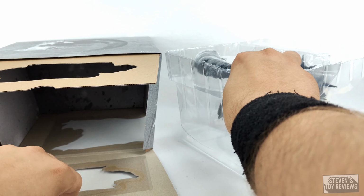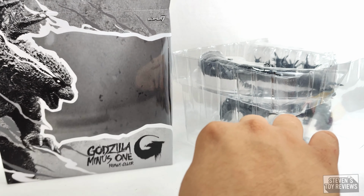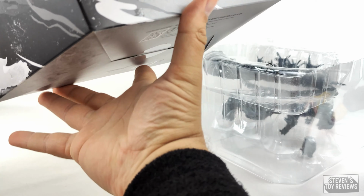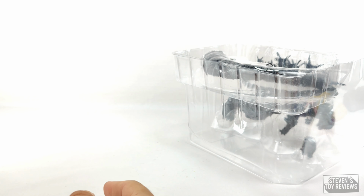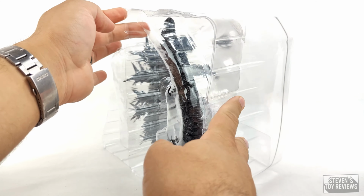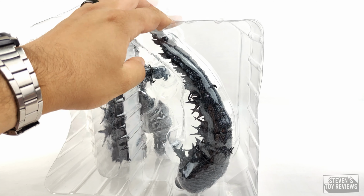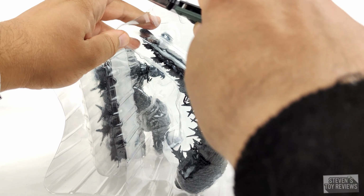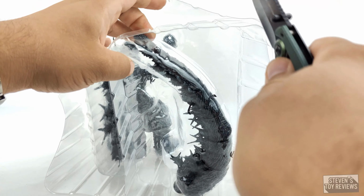Okay. So the box, it's not really an insert per se, but it has the style guide, if you will, for the color. So the box will be off to the side now. There was no slipcover or brown box, just so everyone is clear on that. Super 7 is indeed moving away from those, which, it would have been really cool if there was a little bit of extra, what's the word, accoutrement for this particular release,